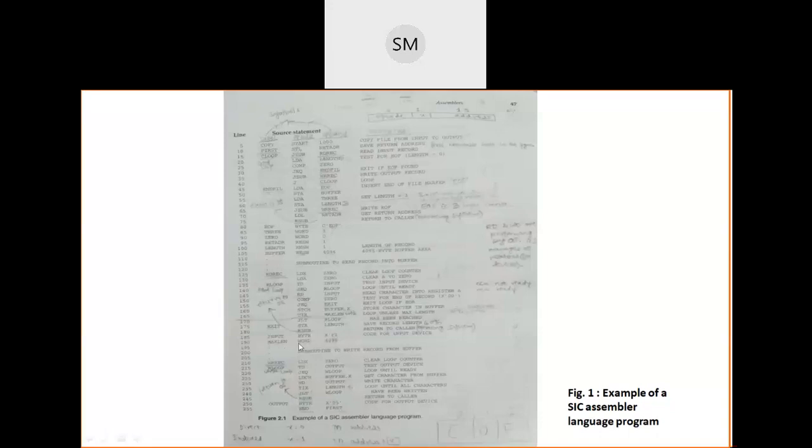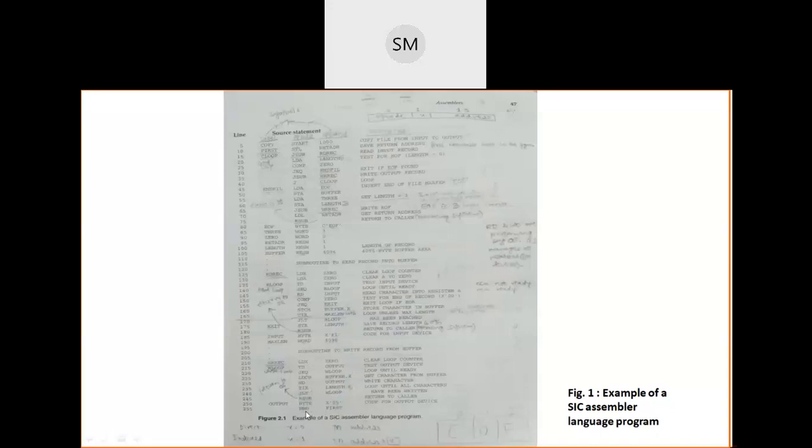Then for max length, I reserve one word of memory. In that one word, I store 4096. For looping purposes, I wanted one more variable like n in my C program for loop. Similarly, here I am using max length because the size of my buffer was 4096. So for the upper limit n, I have used this max length for performing looping. In the write record also, I have used two definitions here. One is the output device. The output device is 05, which is the hexadecimal code for the output device. Remember, the hexadecimal code for the input device is F1, and for the output device it is 05.